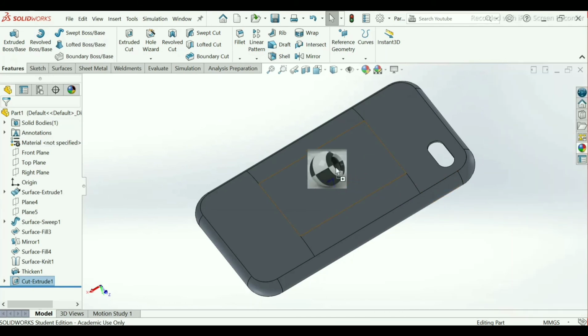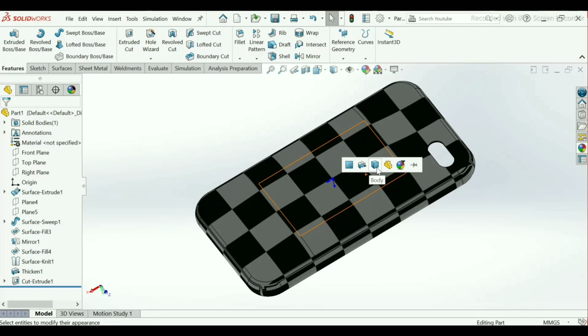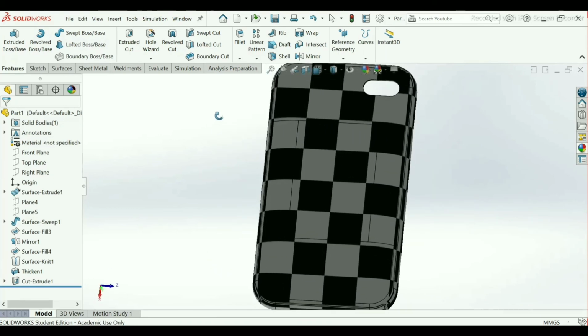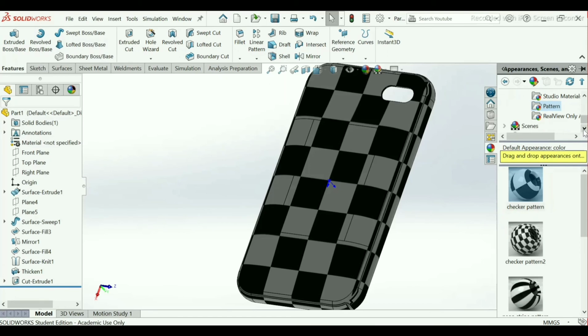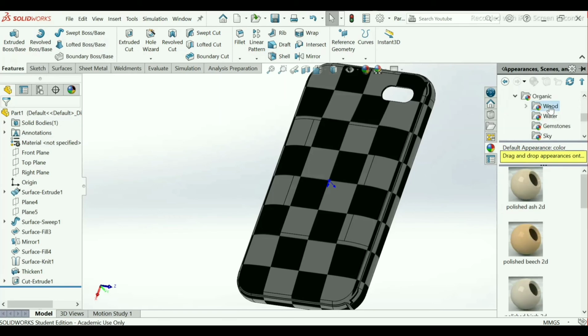Take this, or as you want you can change it yourself. I will select here wood, wood, beech.